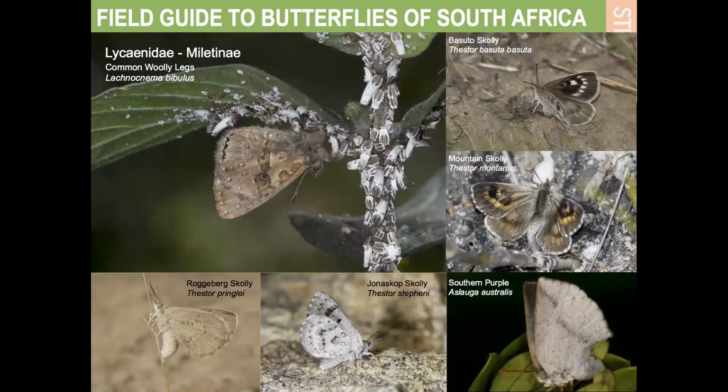And that's what these Thestors do, because the caterpillars in the early stages feed on scale insects, but when they get bigger, they're always found near colonies of a certain type of ant, the pugnacious ant, Anoplolepis. And the ants carry the eggs and the larvae down into their nests where they feed them, just like birds feed cuckoos. The caterpillars carry pheromones which fool the ants into behaving as if the caterpillars were their brood. And basuta is found all over the eastern side of southern Africa, from Zimbabwe down to around